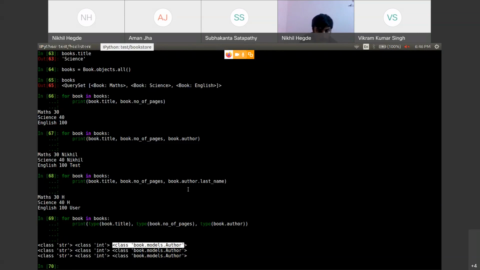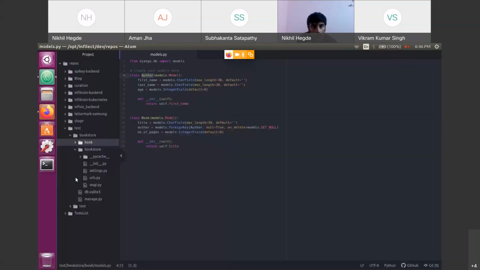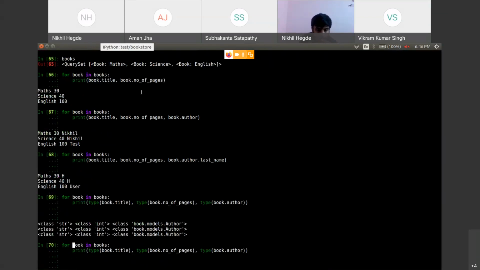So if you want to get any information from the object, again you have to give dot and give the attribute of that. So book.author will point to this table. No, it will not point to the book table, because it's a foreign key. Since it will point to this table, if you want to get any attribute from this table, you need to again dot and access that attribute.